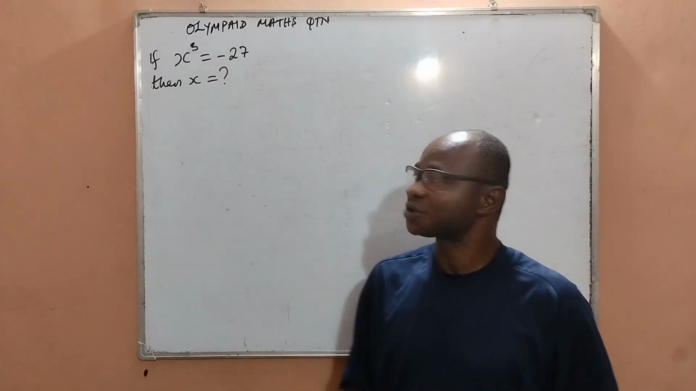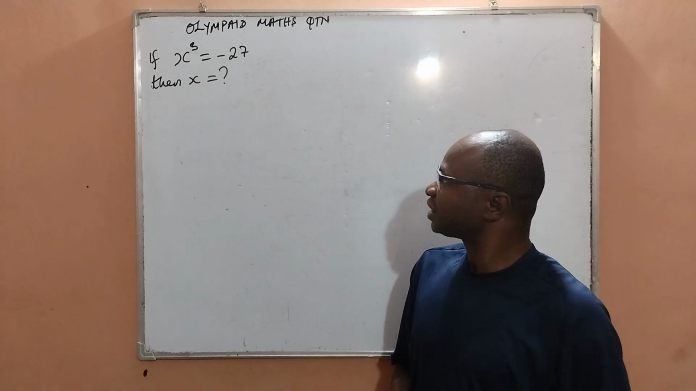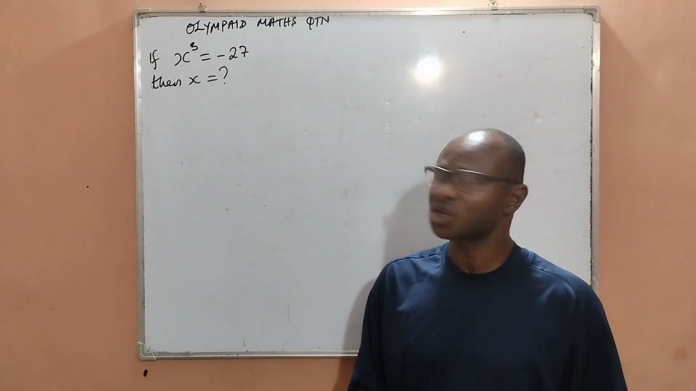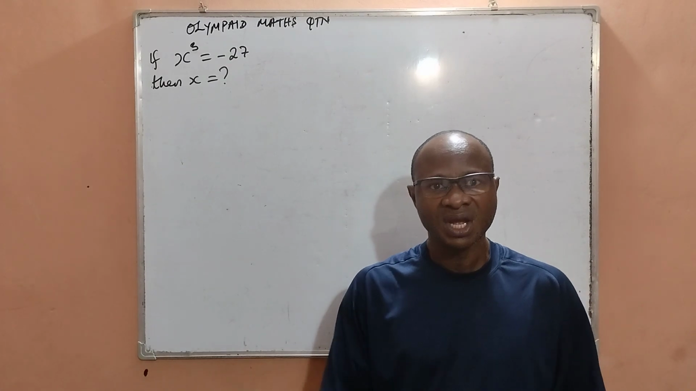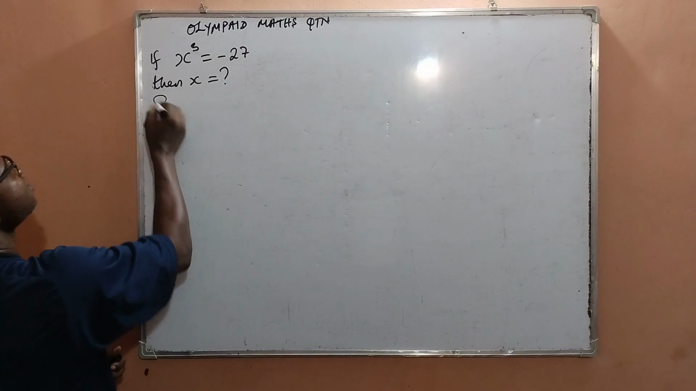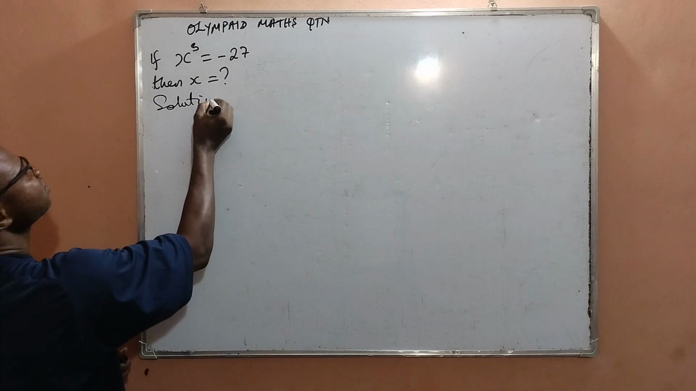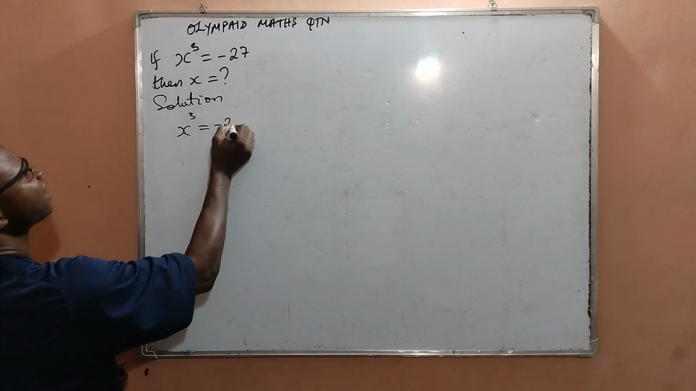In today's math class, we want to take an Olympiad mathematics question. It is given that if x raised to power 3 is equal to negative 27, then what is the value of x? Watch till the end. Let us dive in. Solution to the given question, which is x to the power of 3 equal to negative